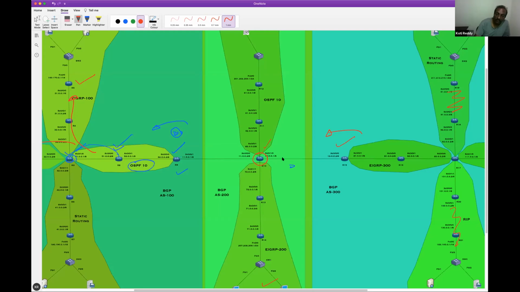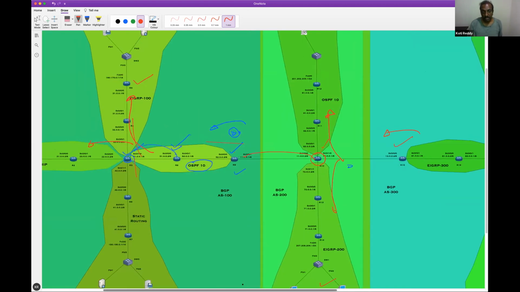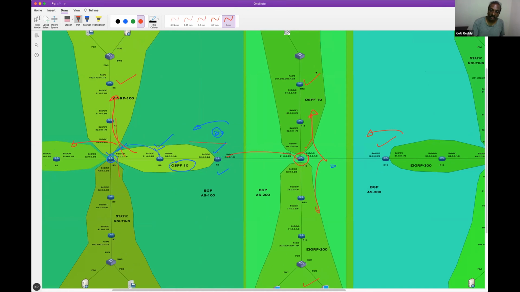Now, we already configured redistribution everywhere, right? So once they come to R10, we already did from BGP into OSPF, also BGP into EIGRP, and then BGP would have given it to BGP. Again, BGP into OSPF is already done. Again, from here also, it has gone from OSPF into EIGRP and all, right? We are done everywhere. That means even if I go to R12, I should see these routes. R14 also, I should see these routes. Let's see that. R12 and R14.